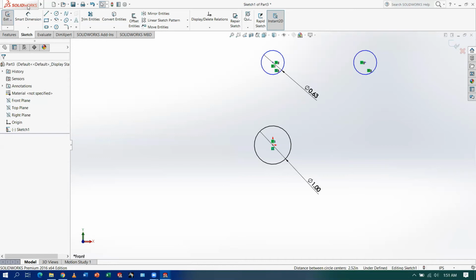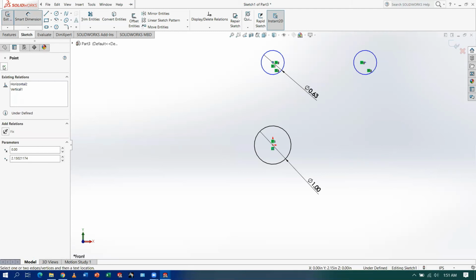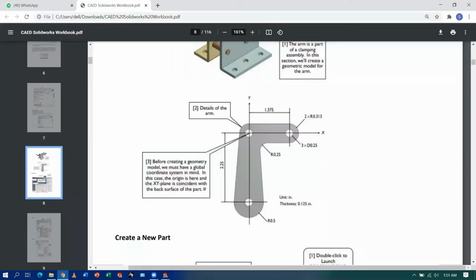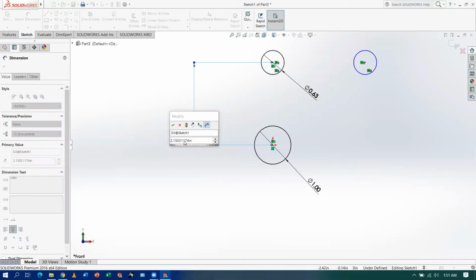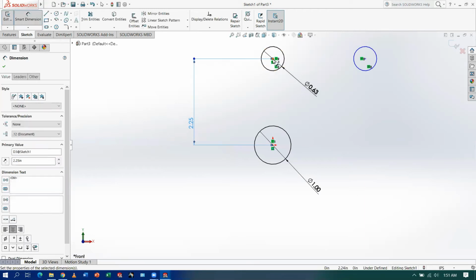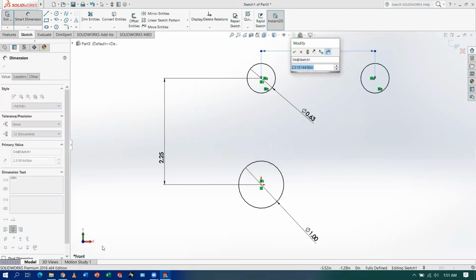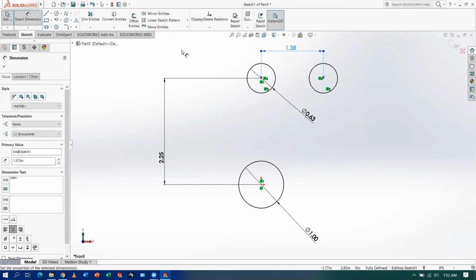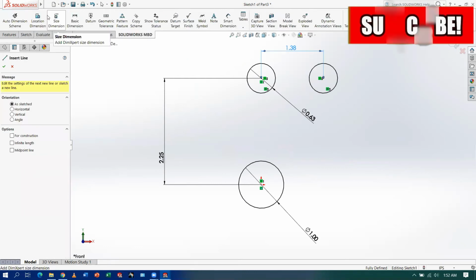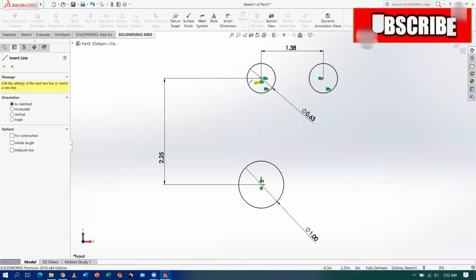Okay, now I need to go to smart dimension, set this line to this line distance. Okay, select line and draw tangent.